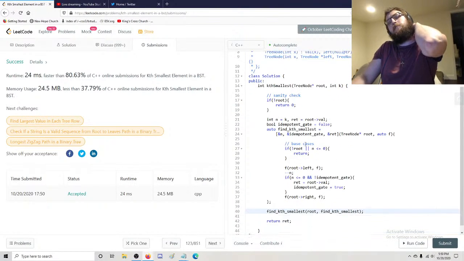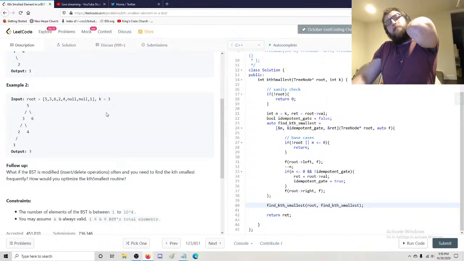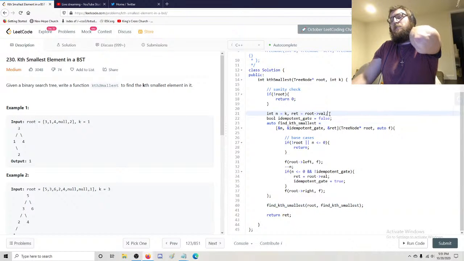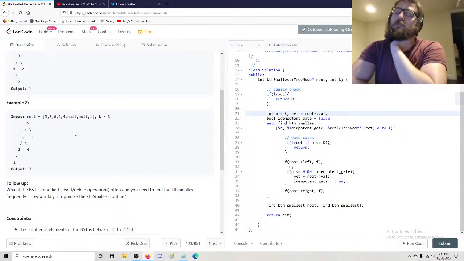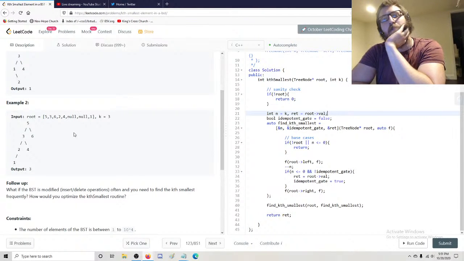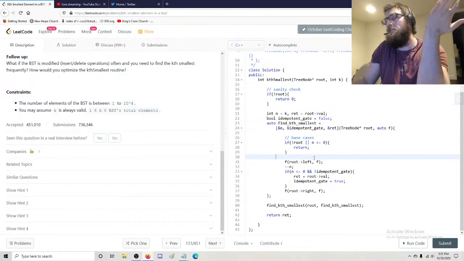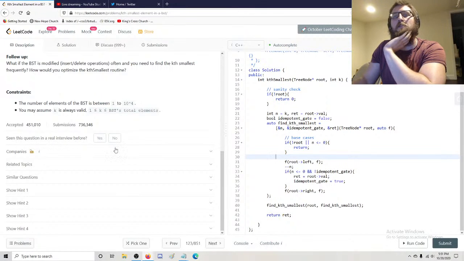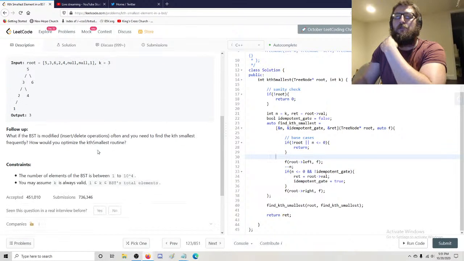So now the question is, how do we do this with logarithmic time rather than using an inorder traversal? I think there is a way to do this in logarithmic time. You know why it can't be logarithmic time? It's a binary search tree, not a balanced binary search tree. So it doesn't matter. That's all you got. And even if you're modifying the tree, it's still the same